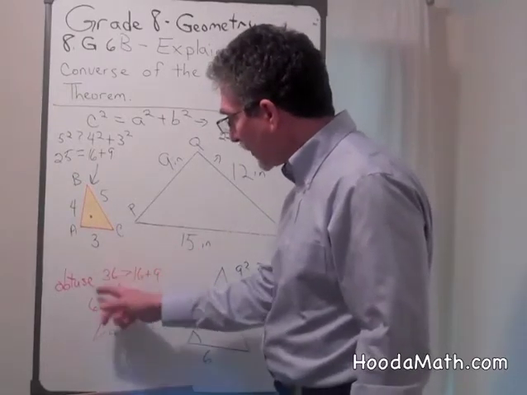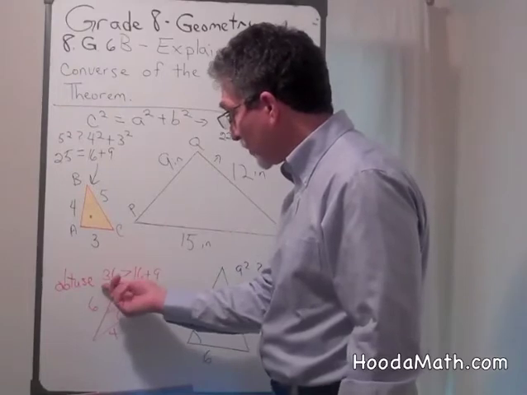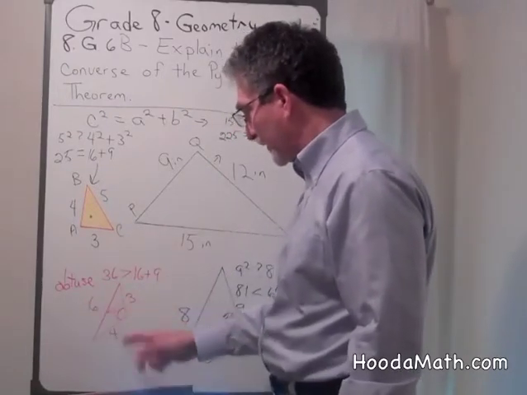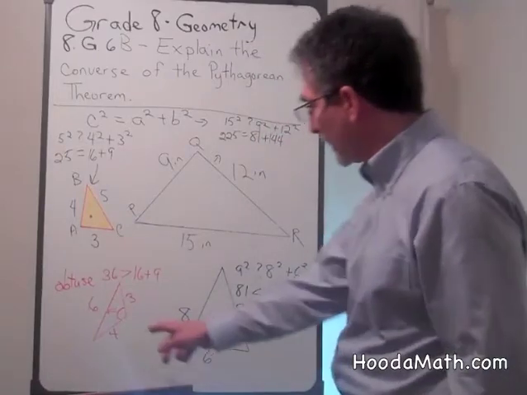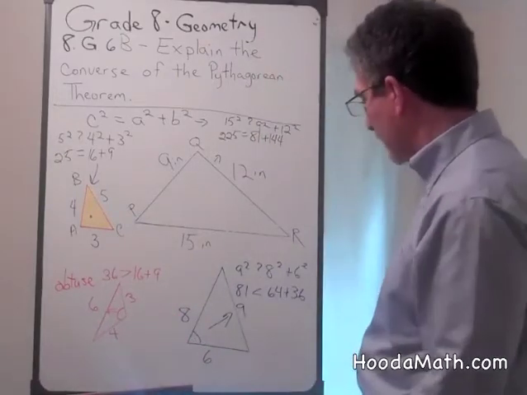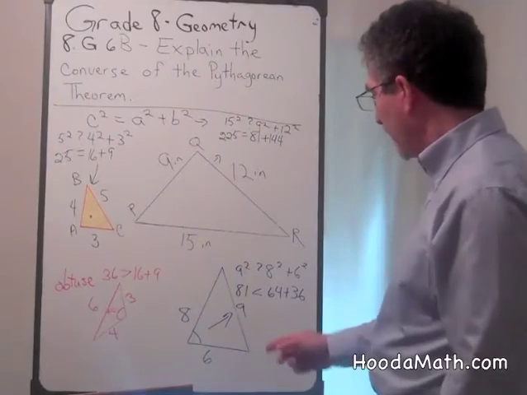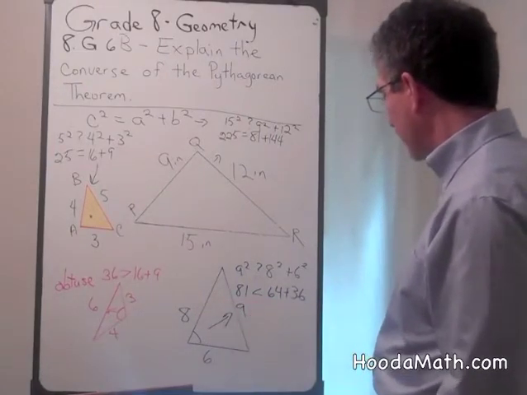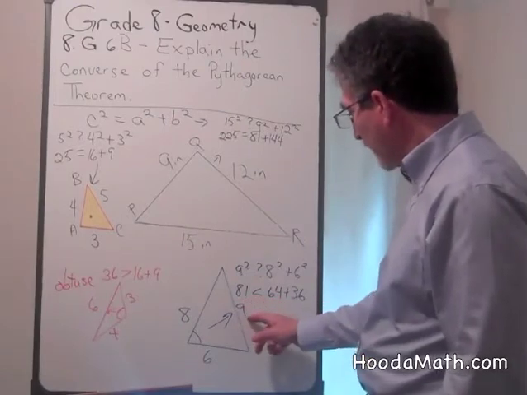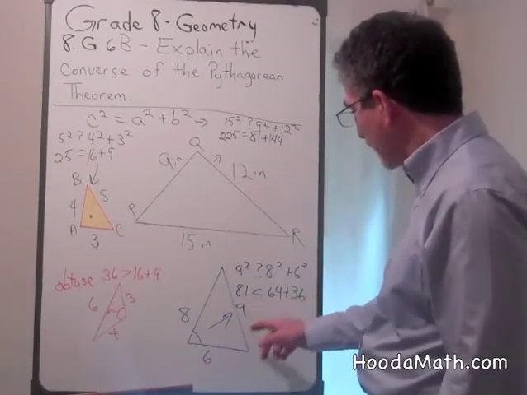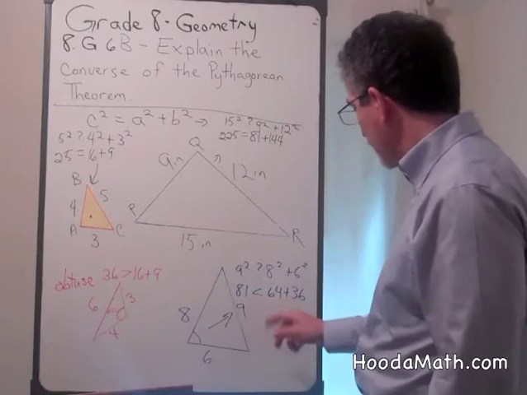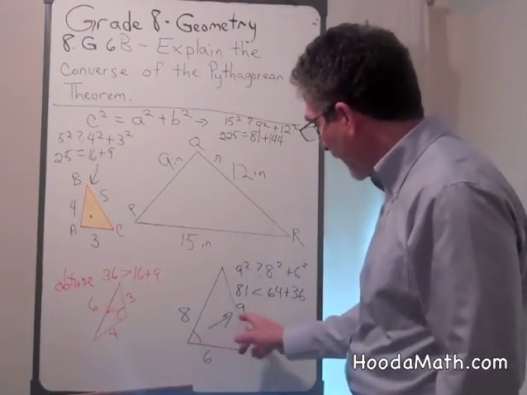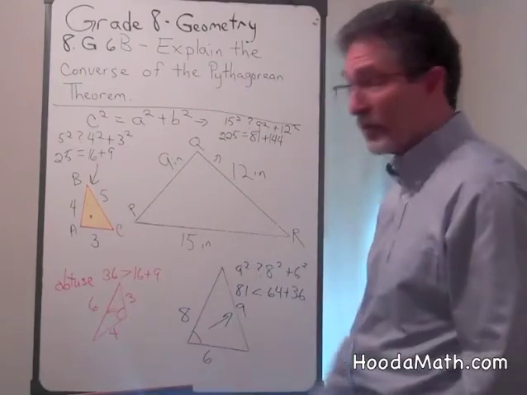When the longest side squared is greater than the sum, we have an obtuse triangle, meaning that this angle is bigger than 90 degrees. And if we have a 6 by 8 by 9 triangle, the square of the biggest side, 81, is smaller than 8 squared, 64, plus 36, which means that the angle opposite the biggest side is acute, or this is